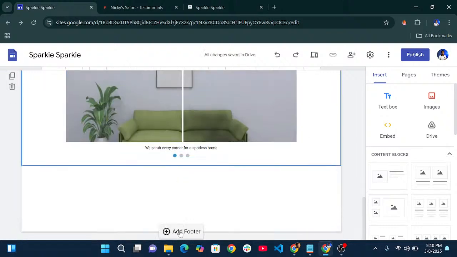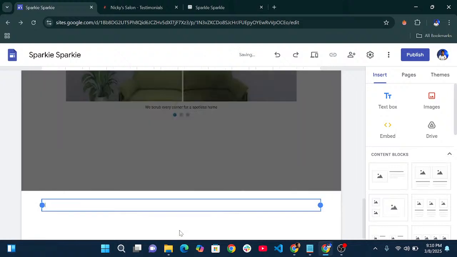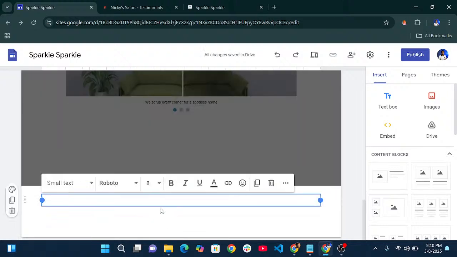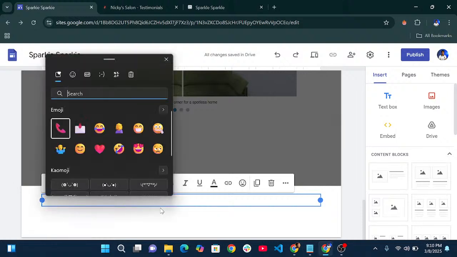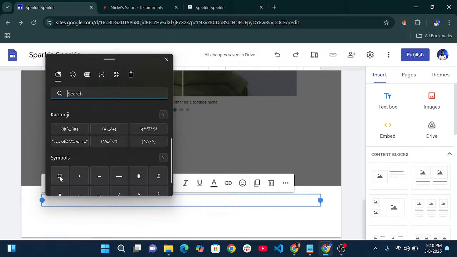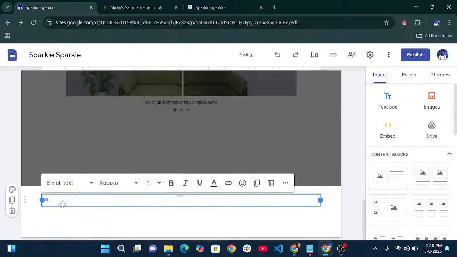So now let's add a footer. Adding a footer is very easy. I'll click this to add a footer, and just like before, Windows and period, and we can add a copyright symbol and say copyright